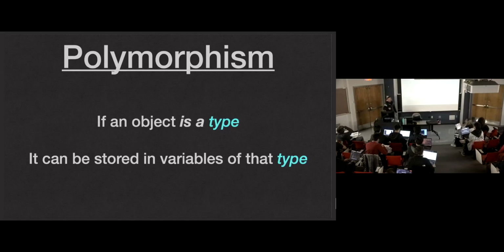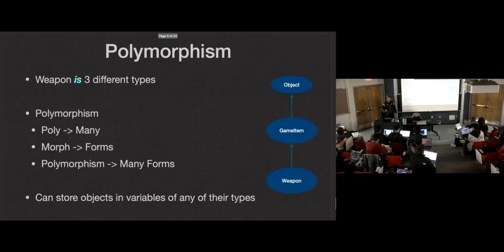So what does this actually mean? Obviously, I'm not just going to leave it at this and say you know polymorphism now. Let's see what this actually means. So polymorphism, if we break this down, poly, many, morphism, forms: many forms. That one type can have many different types based on its inheritance structure is where we get to start using polymorphism. So the fact that weapon is 3 different types, it has many forms,